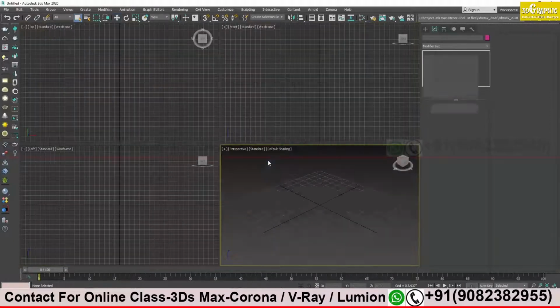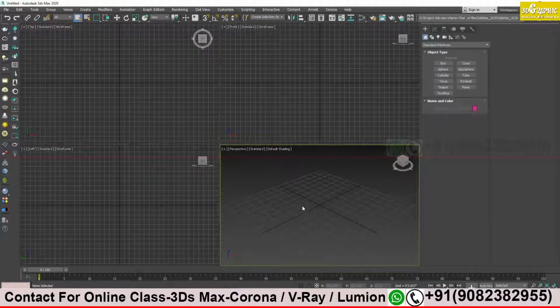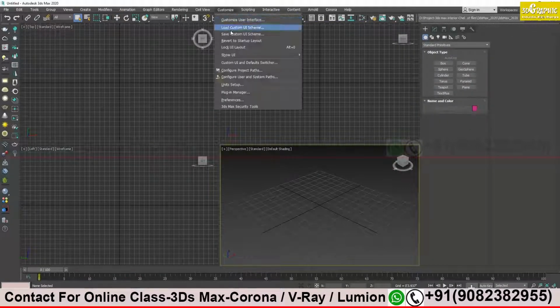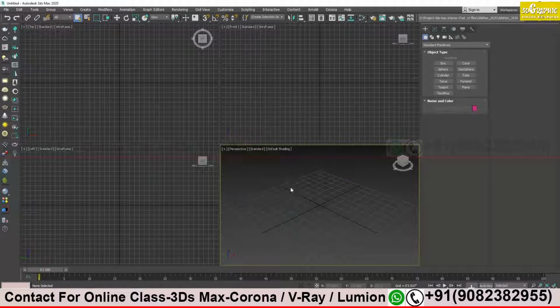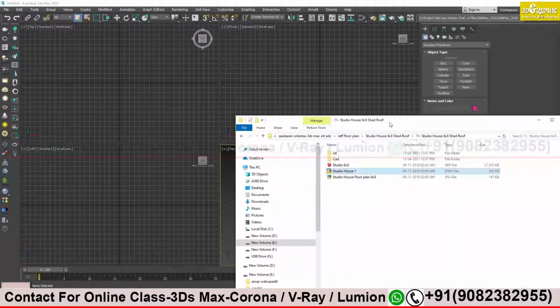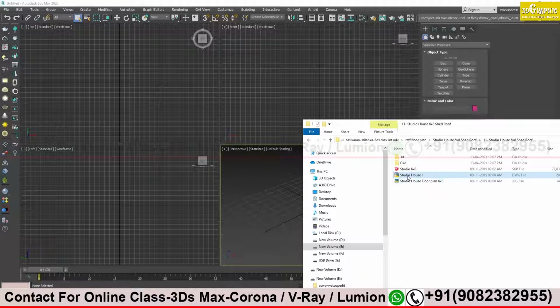First, as I told you, go to customize and set the unit setup, whatever your preferred unit setup is. Suppose I have taken feet and decimal, the last option over here. Click OK. The next step is to import the CAD file, which is in this folder.